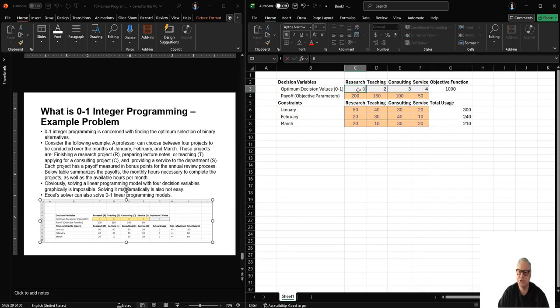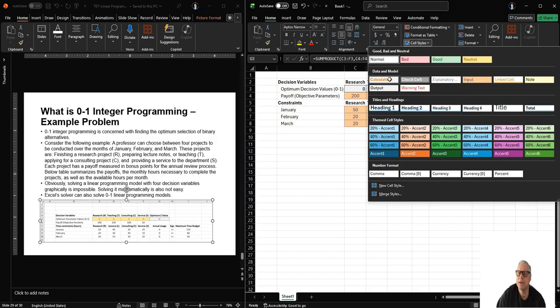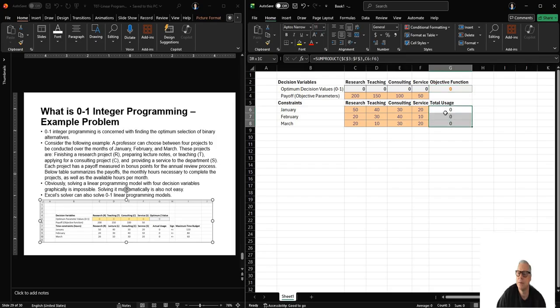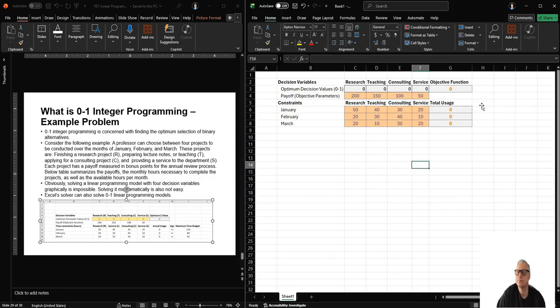But anyhow, let's just reset everything to 0 in the optimum decision variables, and let's define the objective function. Maybe that is a calculation, and the total usage, that's a calculation too. And then continuing with the constraints, we next have the sign, and the sign is always less than or equal. And then we still have the maximum